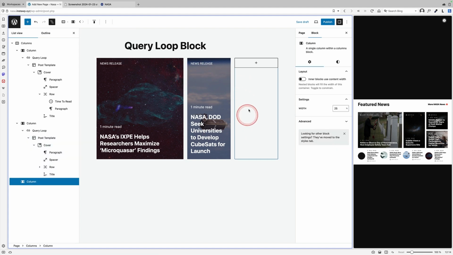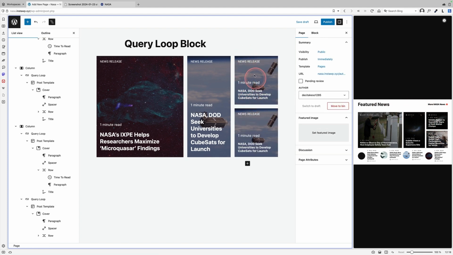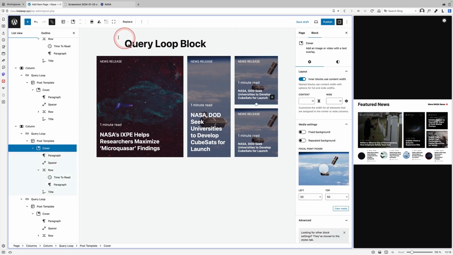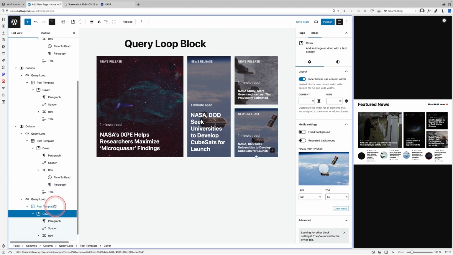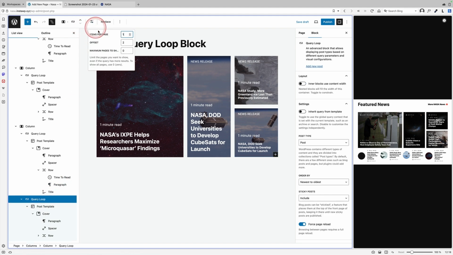And we're going to replicate this now for this little section over here. Again, this is one column with 2 posts in it, and we're just changing the minimum height on them. Quickly duplicated that one twice, and now all I need to do is change the offset. So make sure I've selected the query loop itself, and I can change the offset on this one to 3, and that'll bring in the third post. And then this one here, I'm going to change the offset again, select the query loop block. I'm going to change the offset to 4.